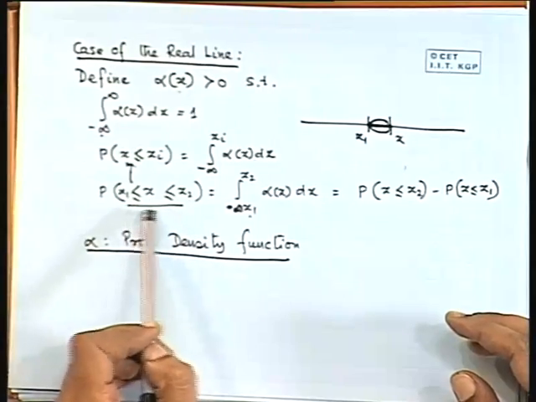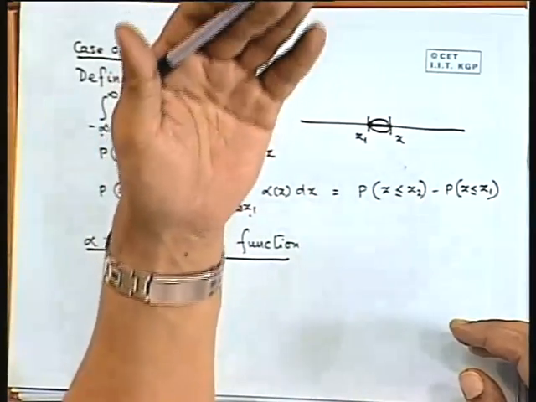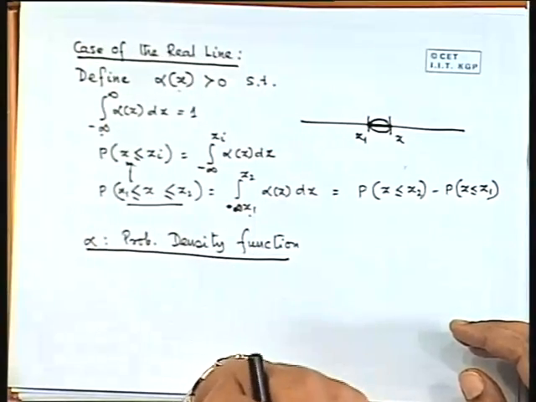And you can also define other kinds of intervals. For example, you can take a union of such intervals. If you want to know the probability that x is greater than 2, you take the probability that x is less than or equal to 2, and 1 minus that will be the probability that x is greater than 2. So you can define all kinds of subsets, which may be joined or separate, using this definition. And you may also like to verify whether it satisfies the axioms. Any definition of probability that you make must satisfy those axioms.